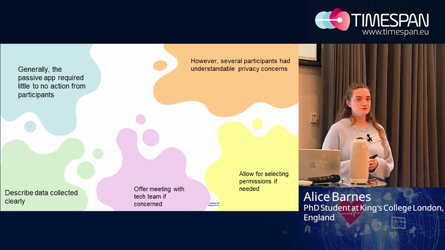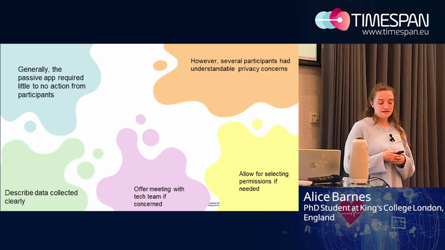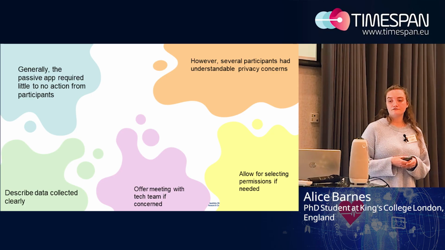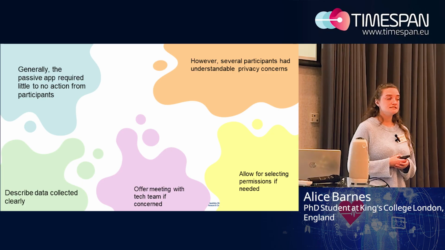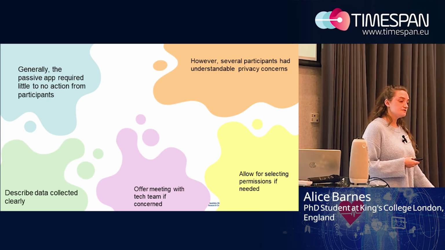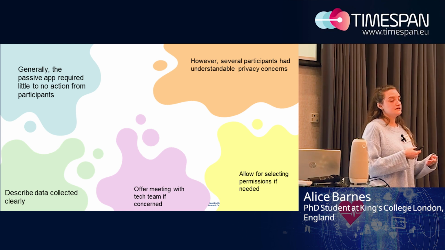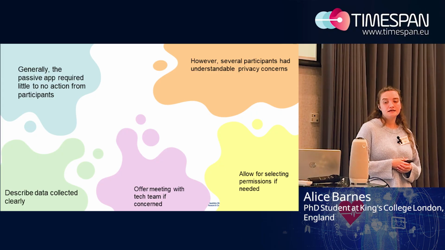I think when you tell people that you're tracking their phone usage and their background noise and background light, that is understandably concerning. So in terms of how we dealt with those situations, it was essentially just being very clear in describing the data that we collected. So in terms of relative location, for example, for ART-CARMA, that wasn't raw location, so we would never know where they were at any point. It was just relative, so if they moved 5 miles, we would know that they've moved. But again, we could never use the data to work out where they were.